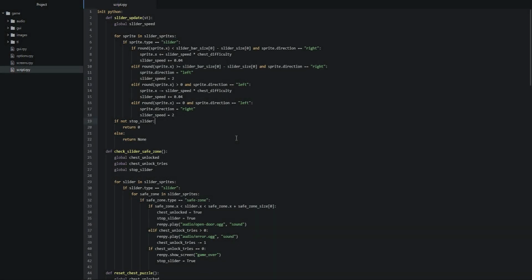So the next thing we're going to do is to make sure that the chest puzzle screen is always going to reset the minigame every time it's being shown, and that will make sure that the chest is always going to be locked when the minigame starts. So for that, we're going to go back down to the chest puzzle screen,